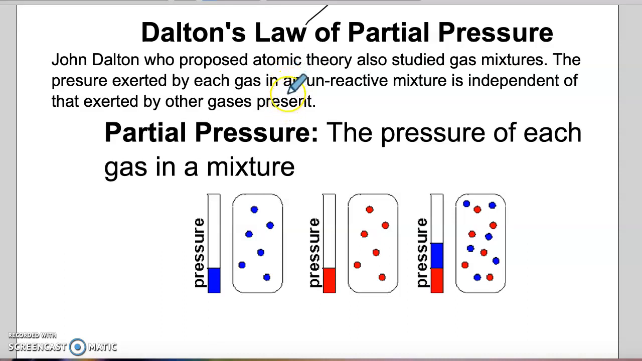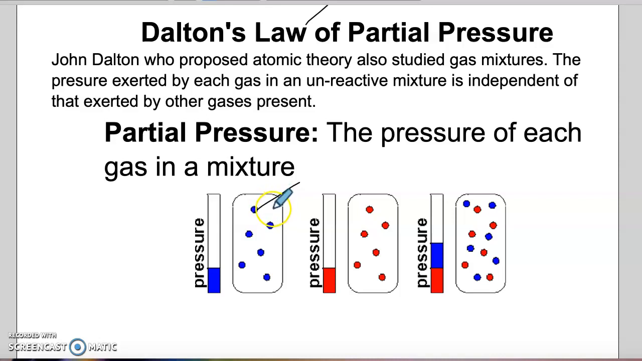Hi, this is a video about Dalton's law of partial pressure. John Dalton is the same person that came up with the atomic theory in the 1800s. When he was studying gases, what he found is that if you look at this diagram here,